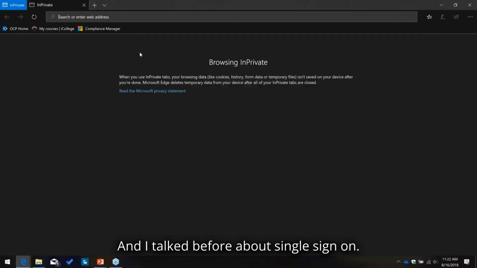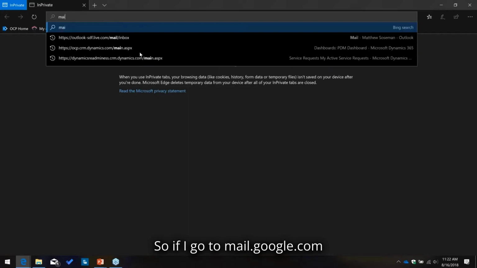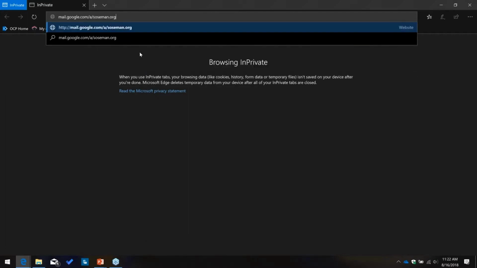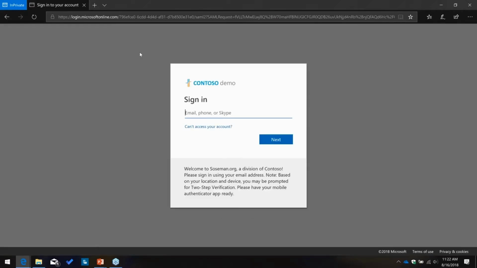And I talked before about single sign-on. That's really what makes all of this stuff work. So if I go to mail.google.com/a/sosman.org, this is my G Suite tenant that I pay for. When I browse to that, watch what happens. It redirects me to